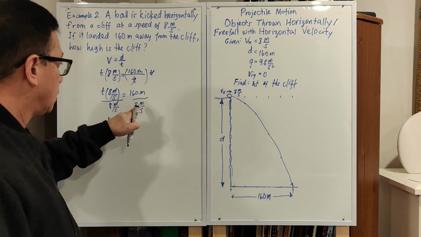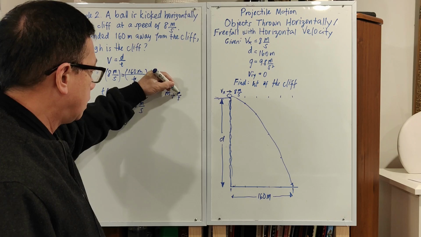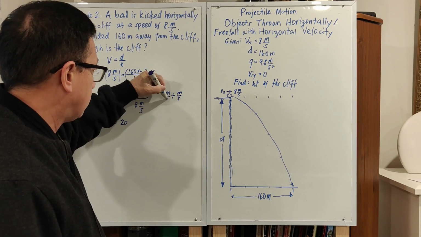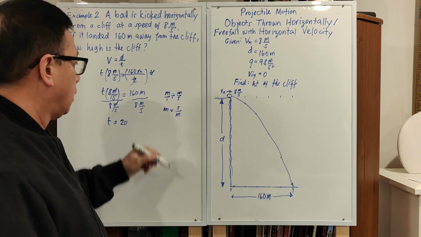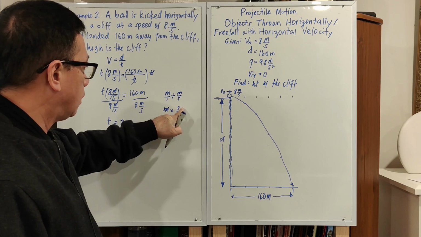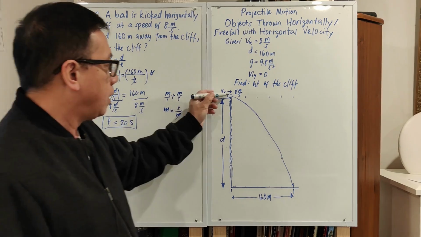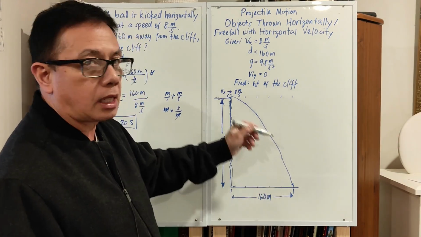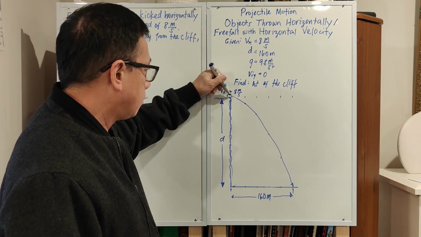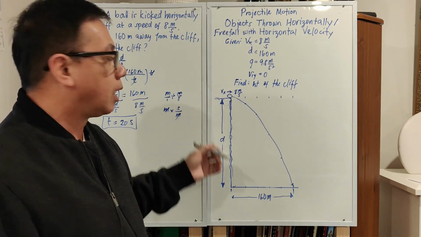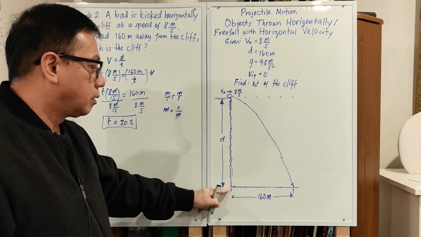So meters divided by meters per second, this is over 1, becomes meters times seconds over meters. This will cancel out. We have the unit seconds. So your time from here to here is 20 seconds, which is the same time as if it's going downwards vertically from here to here. So we can use this time to compute for the height of the cliff using the acceleration due to gravity,